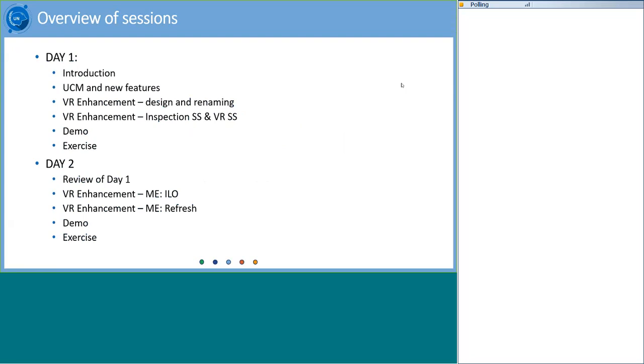Yeah, okay, cool. So we will focus today on the main features that have been developed, and also show you a few design changes and renaming to make the application more user-friendly. That is what we are going to see today, plus a little bit of insight into what has been done and improved in